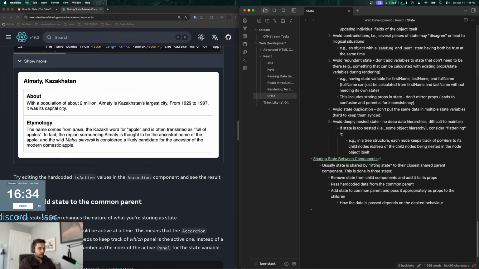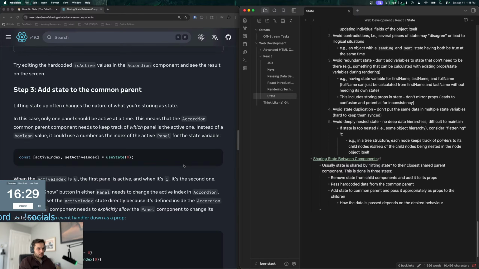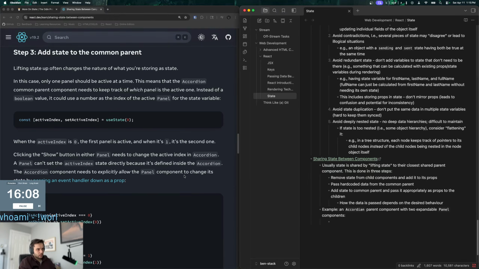So then I'll do this as an example. An accordion parent component with 2 expandable panels. Each panel can be expanded or not, Boolean.